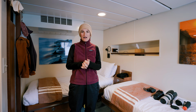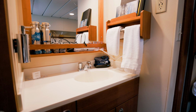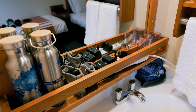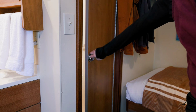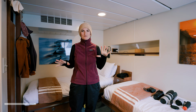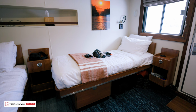We also have our own little sink, and they're really sweet. They gave us these really beautiful water bottles that we get to take home. Of course, we've turned that whole sink station also kind of into our charging station for all the camera batteries. And we even have our own head. So we have our own toilet, which is actually also a shower. So we are loving our little space. You know us, we are used to living in tiny spaces together. And so we're just pinching ourselves that this is the space we get to call home for the next 4